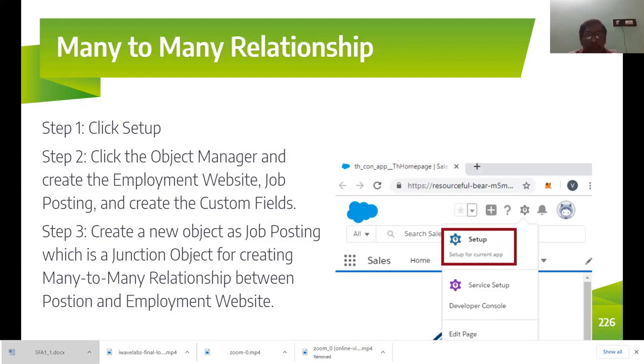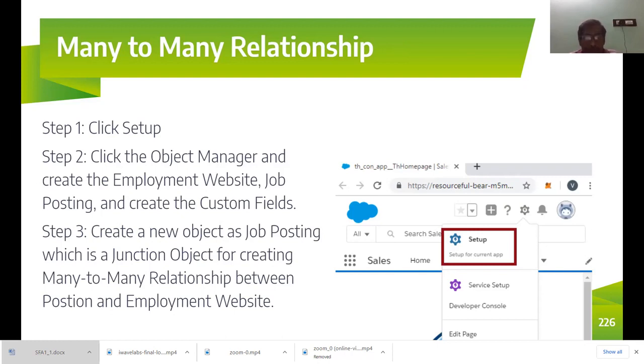After creating all these objects, you're going to add the fields on the corresponding objects: some fields for position, some for job posting, and some for employment website.